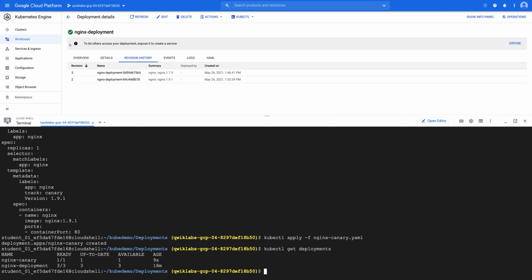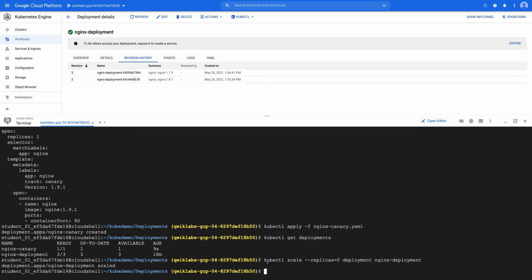So if I go back, currently nothing much has changed. It's still pointing me to the same pods, the service. So let's scale down our base deployment, this Nginx deployment.